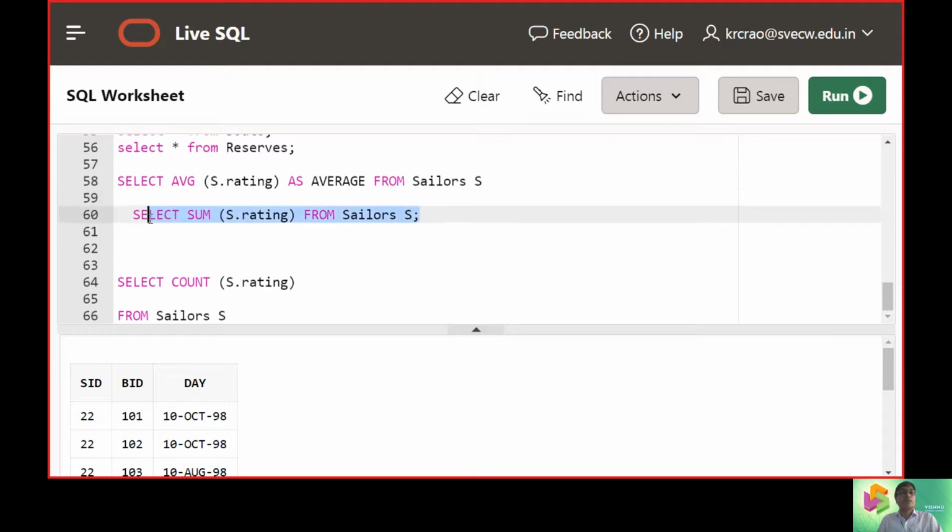We execute this query by hitting the run button, and we can see 66 here.